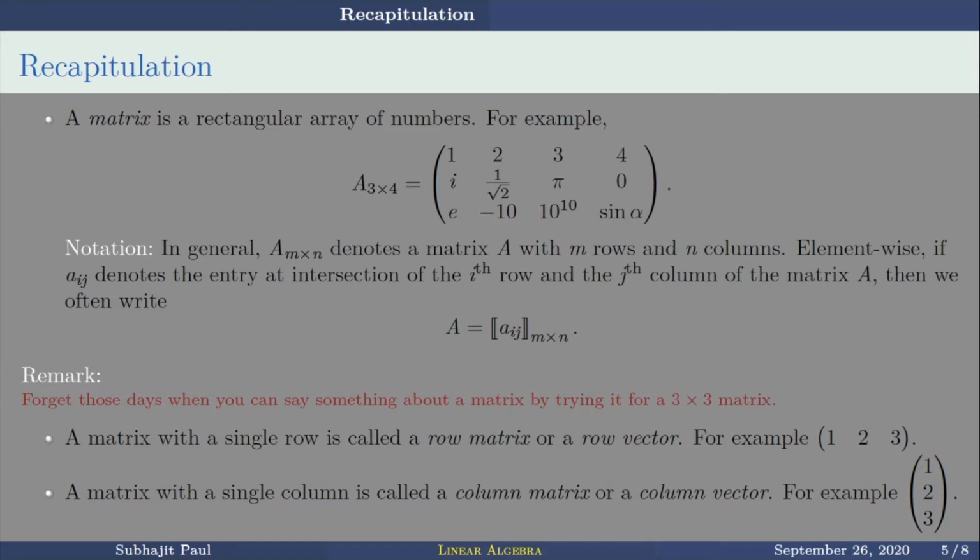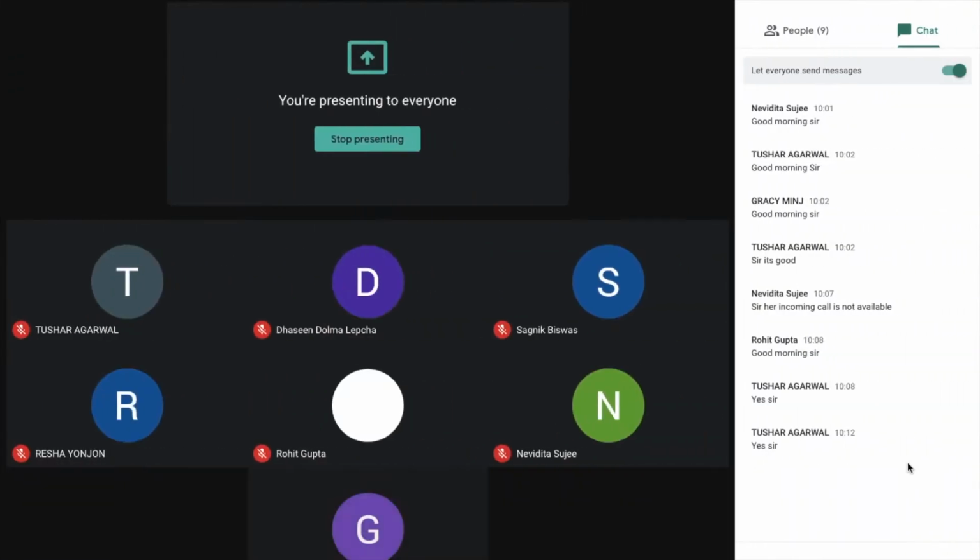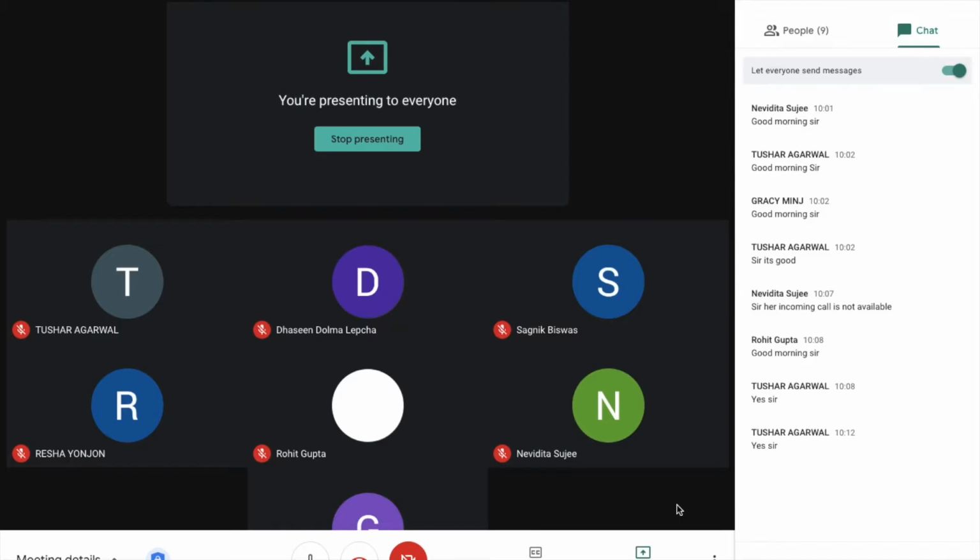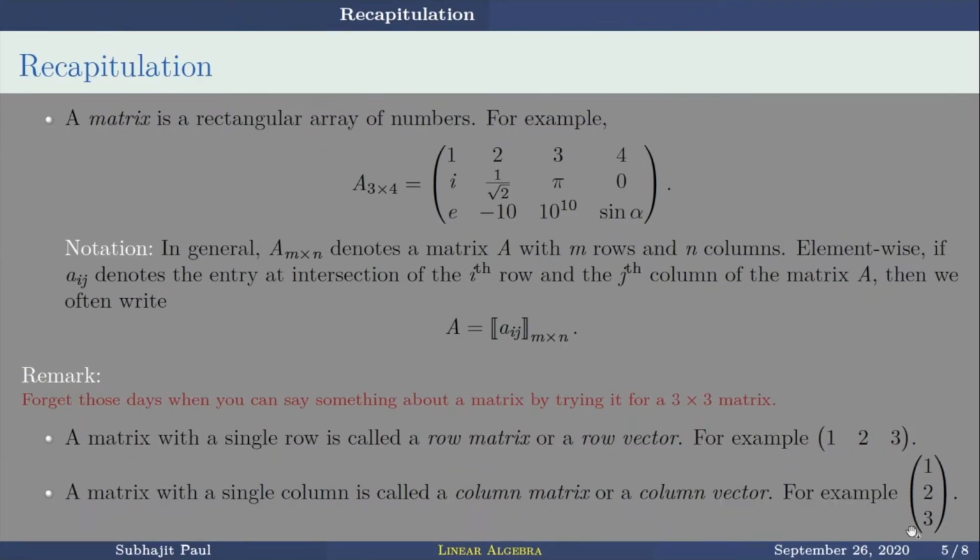Understand this thing. When we say a vector, we will get to know those things in the next chapter on vector spaces. Whenever we say a vector, we always mean a column vector, but we write them as row vectors. We mean column vector, but we write as row vectors. Can you guess the reason why? There is an extremely silly yet practical reason. It will take more space and it is not very typographically convenient. Only that is the reason we go for this notation. But we always mean a column vector.